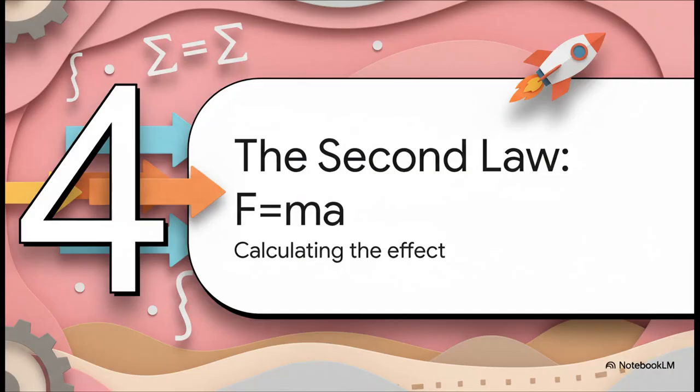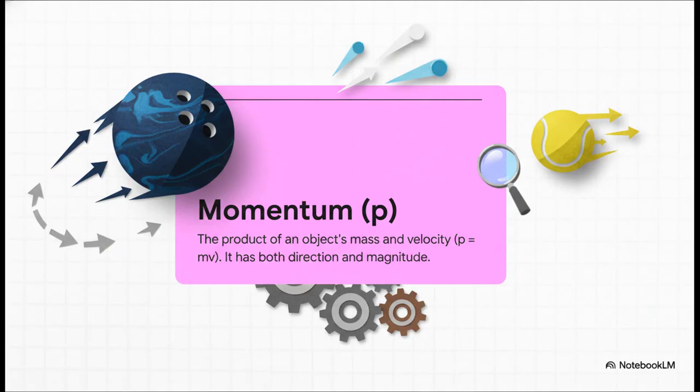So the first law tells us that an unbalanced force will cause a change in motion. But the second law? Well, the second law gives us the math to figure out exactly how much of a change. This is where physics gets its real power. To figure this out, Newton first came up with a concept he called the quantity of motion. We just call it momentum. It's a pretty simple idea. The amount of oomph a moving object has depends on 2 things: how heavy it is, its mass, and how fast it's going, its velocity. A bowling ball and a tennis ball, going the same speed, have totally different momentums.